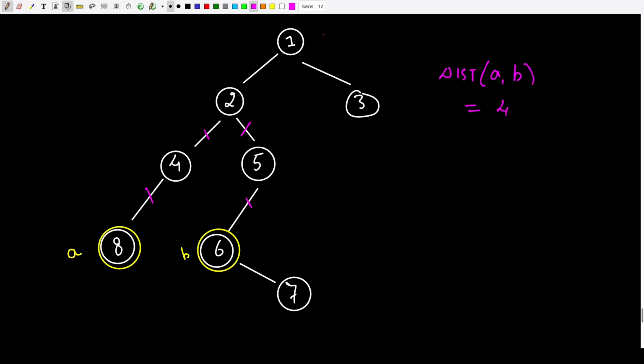Another way of looking at the problem: you find a common node between these two nodes, and the common node will be our least common ancestor, isn't it? So this is the least common ancestor, or the common node which we need to find. The common node will be our LCA. So we will find the least common node for the nodes A and B, and once we have found it,